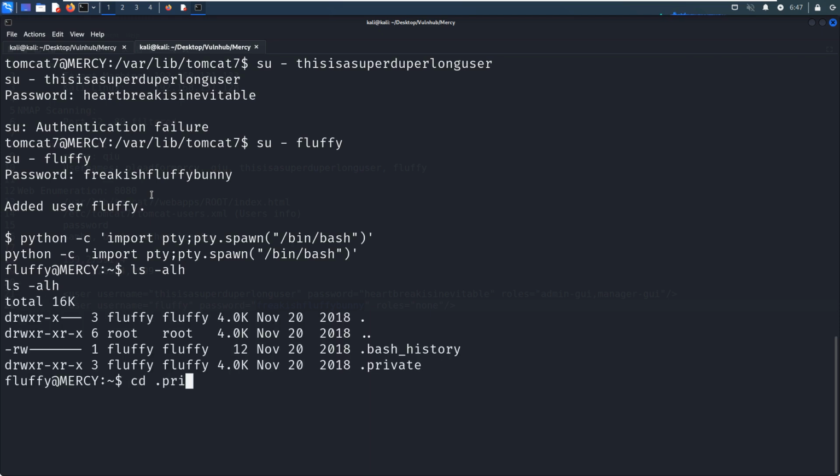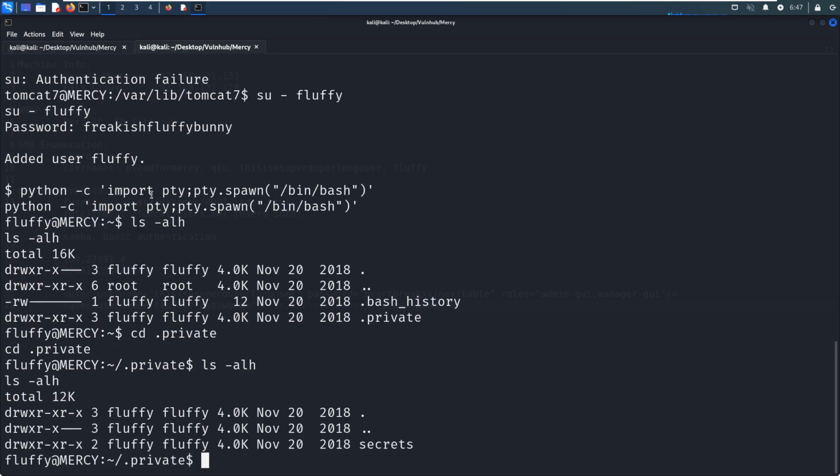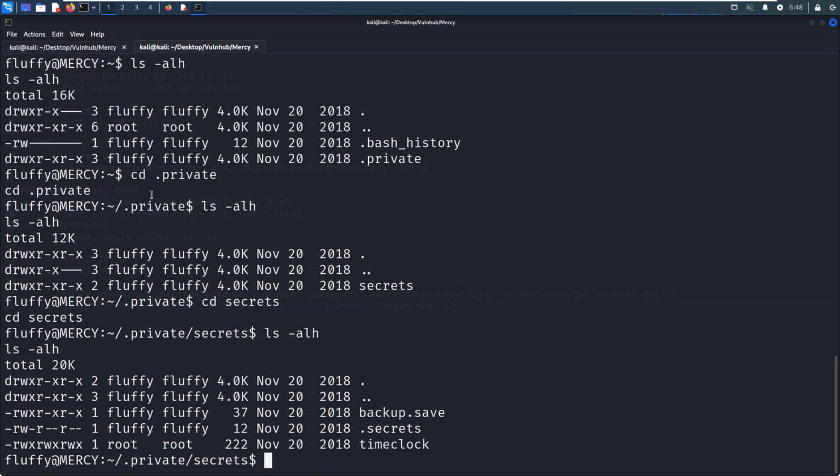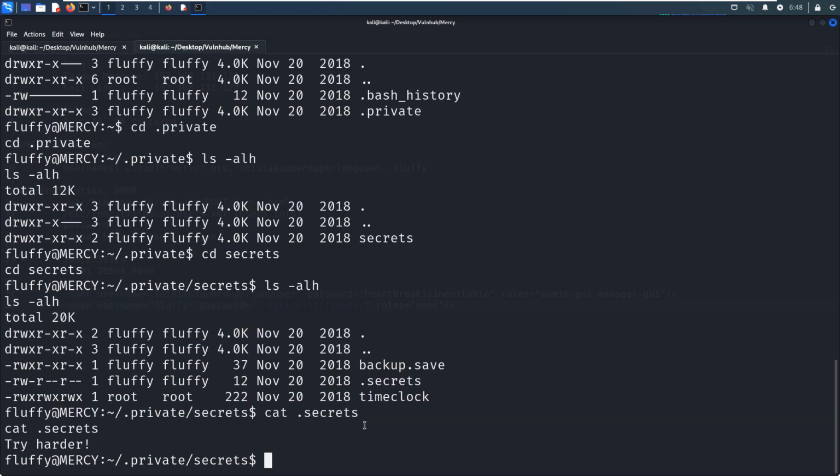Next, what can we do next? So the private, what is it about, secrets. So there is one file, also secrets. We can cat out the secrets. So try harder. And this one, time clock, we can cat out this.